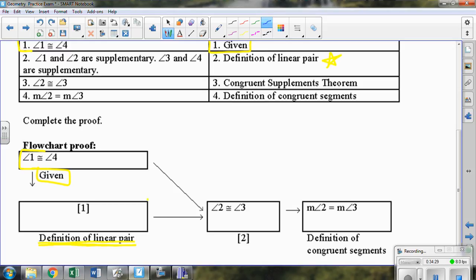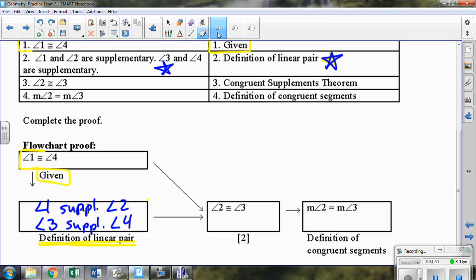We'll just come back up and we can see right here, we are using the definition of a linear pair, and so the box it has to be tied to is right here. This is what goes into it. Angle 1 is supplementary with angle 2. Angle 3 is supplementary with angle 4. And I don't like how it looks blended together there. Angle 1. And of course,